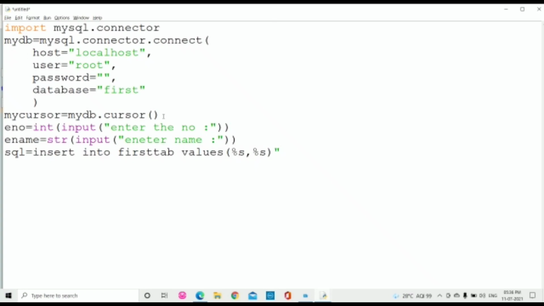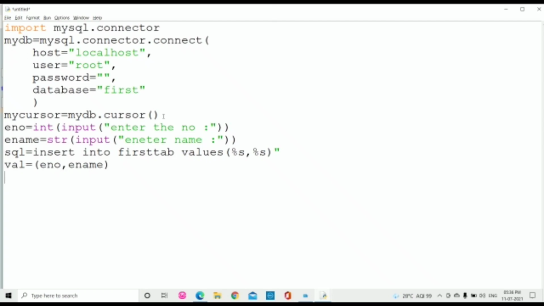Let me come back. Then for these two values to be supplied, I will go for a VAL, where I am going to supply the values. Values equals e-number and e-name, which are the values going to be assigned for these two percentage s. So e-number and e-name is given.